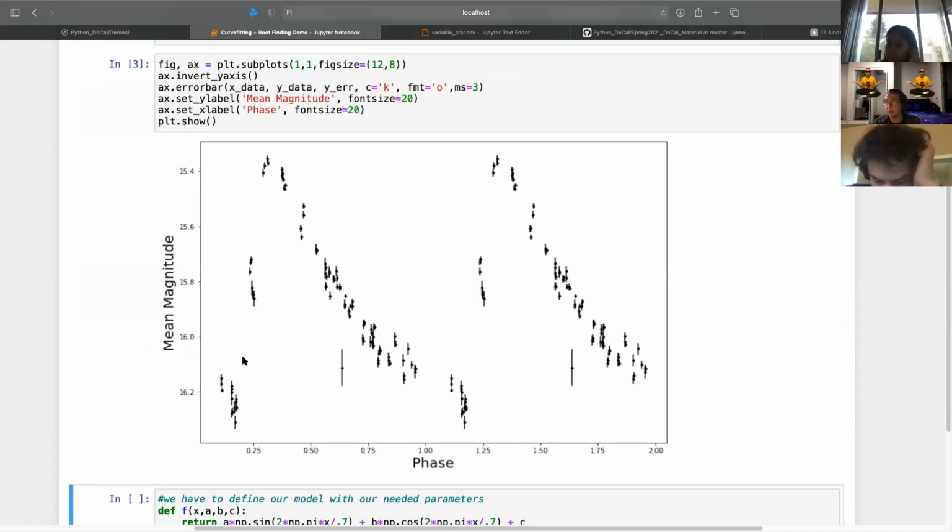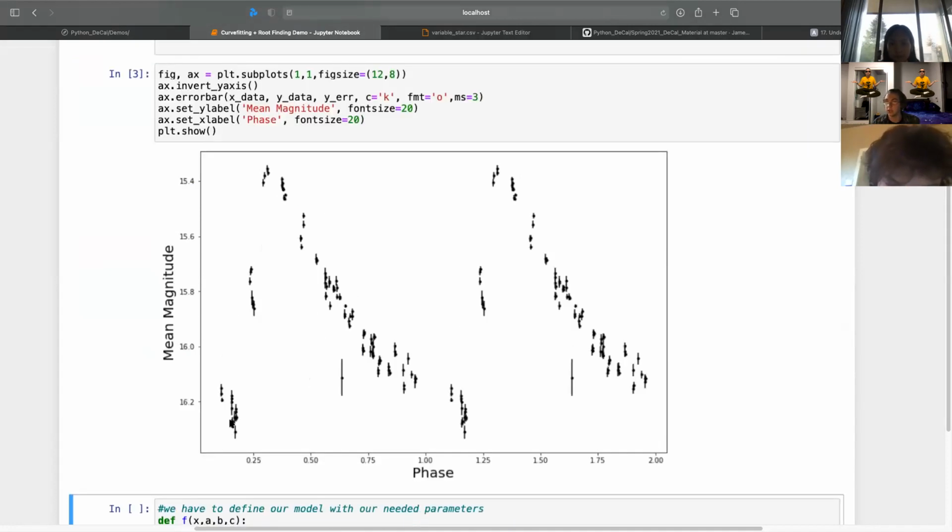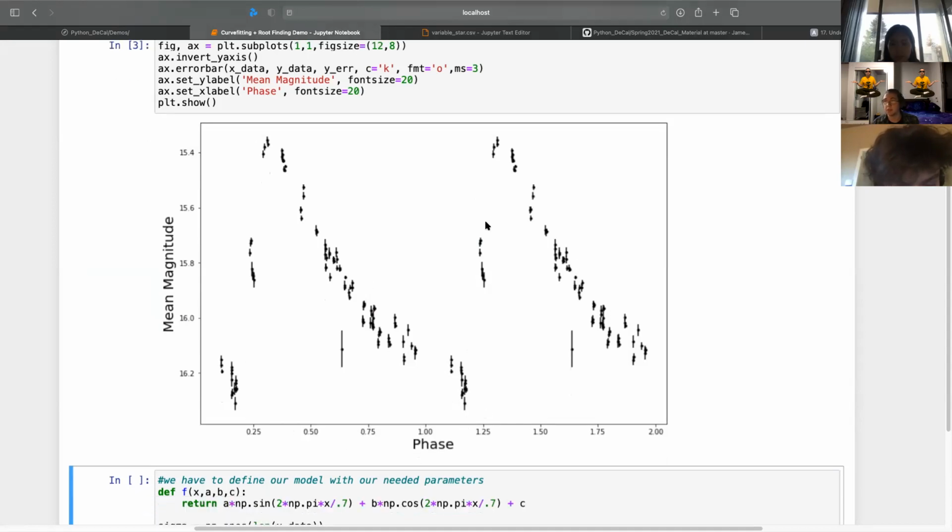This is actual data from a telescope. In fact, this is from my own research group, Raphael and I's research group, variable stars. What you're seeing right here is the magnitude versus the phase of a star that pulsates in brightness and size. I believe this is an RR Lyrae AB star. It's getting brighter and brighter, and then it dims and dims, and then brighter and brighter, and dims and dims. This is a phase plot, so it's technically not days, but this happens over the span of maybe half a day or something like that. The star is literally pulsating, and you can see that with the light curve.